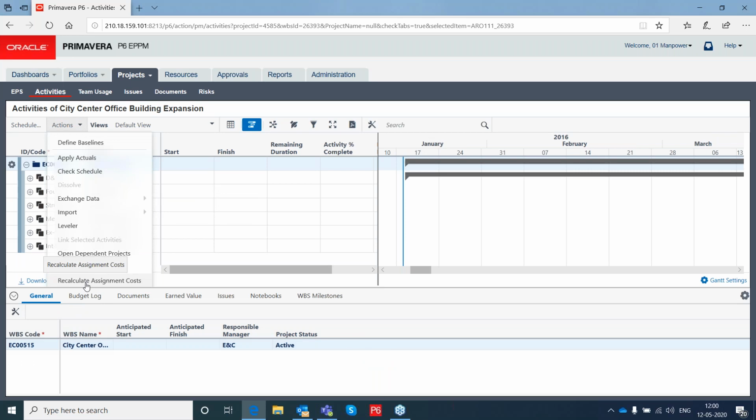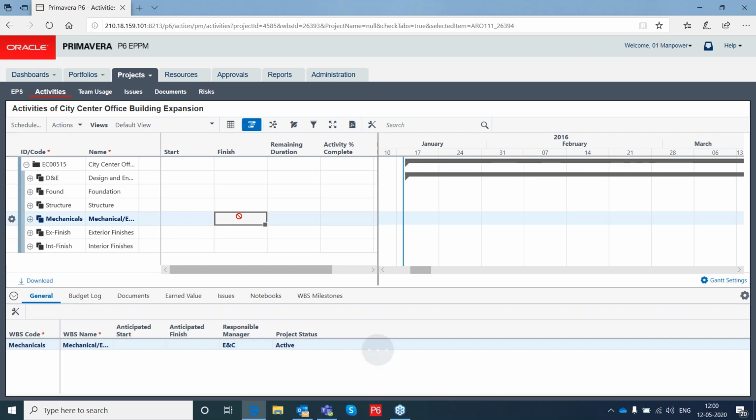Recalculate assignment cost. So when you change the rate type there, accordingly the calculations can be recalculated based on when you use this option, right? Okay.